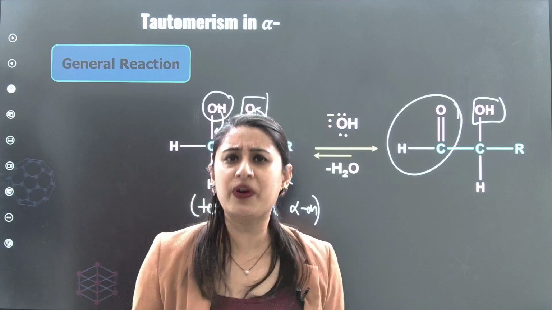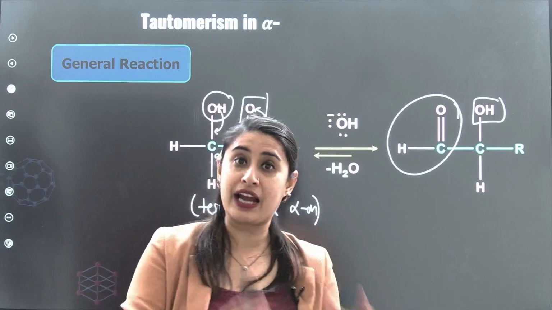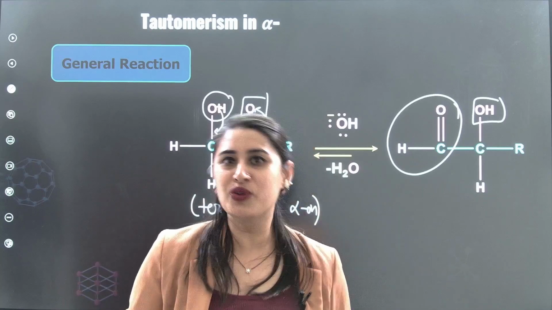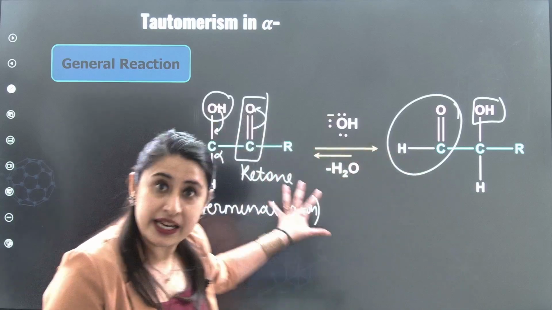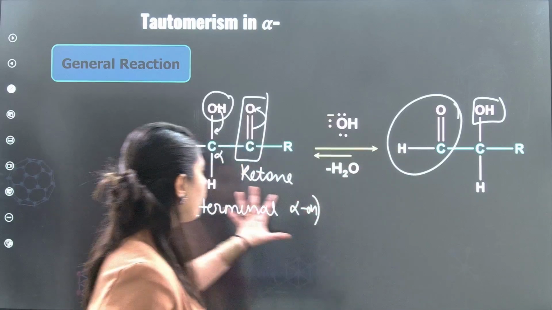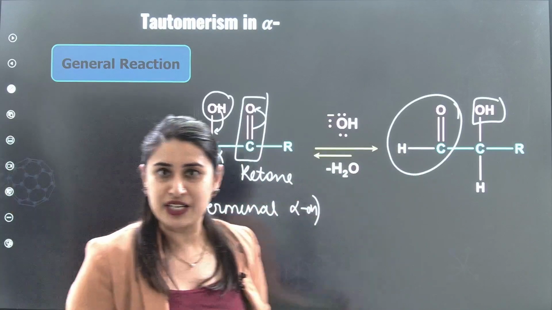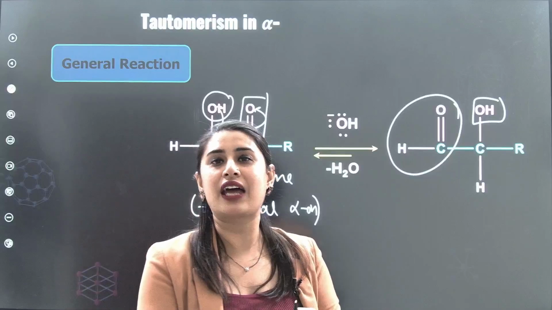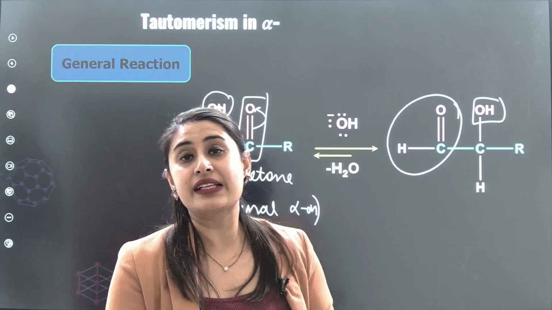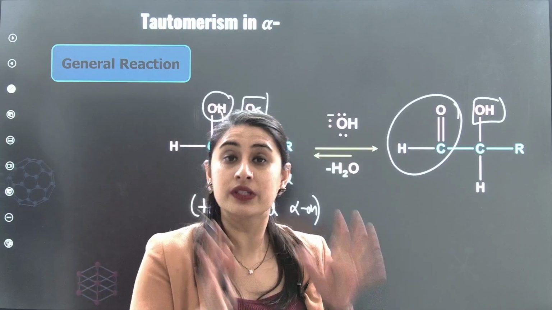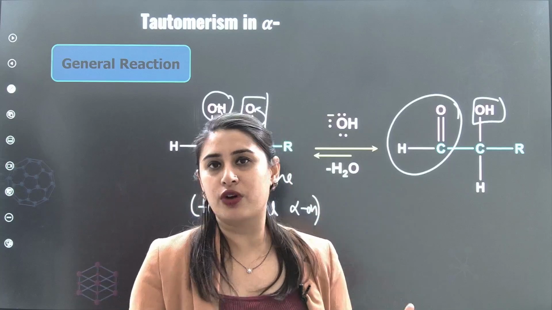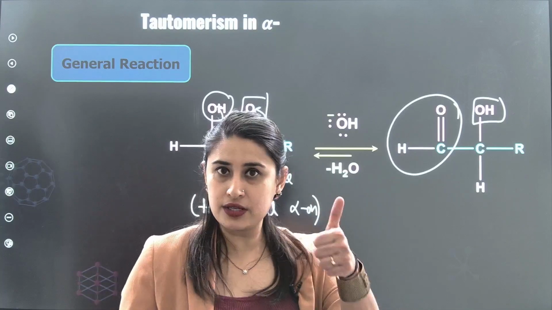So if any question now comes on Fehling's and Tollens or Benedict, you know the right answer. Even the Benedict reagent will give a positive test for alpha hydroxy ketone. So the game changer questions can be the formic acid and terminal alpha hydroxy ketones. And I'm sure this will not go wrong now, right? All set?